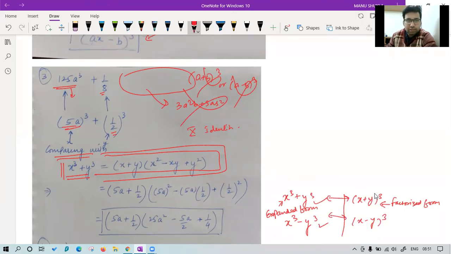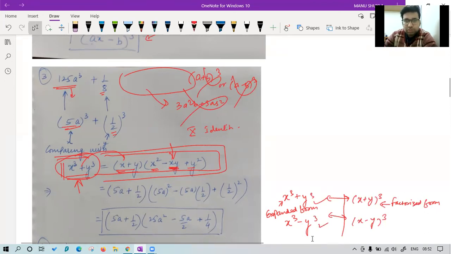And in this question, we have to use the formula for x cube plus y cube. I have given you a hint. The formula is very simple. If you have x cube plus y cube, you will write as it is in the first bracket x plus y, because plus plus, same x and y same. In the second bracket, you will write x square minus xy plus y square. Many of you make the mistake of writing minus 2xy in this one. Don't get confused with this. Here 2 will not come. Only minus xy will be there.